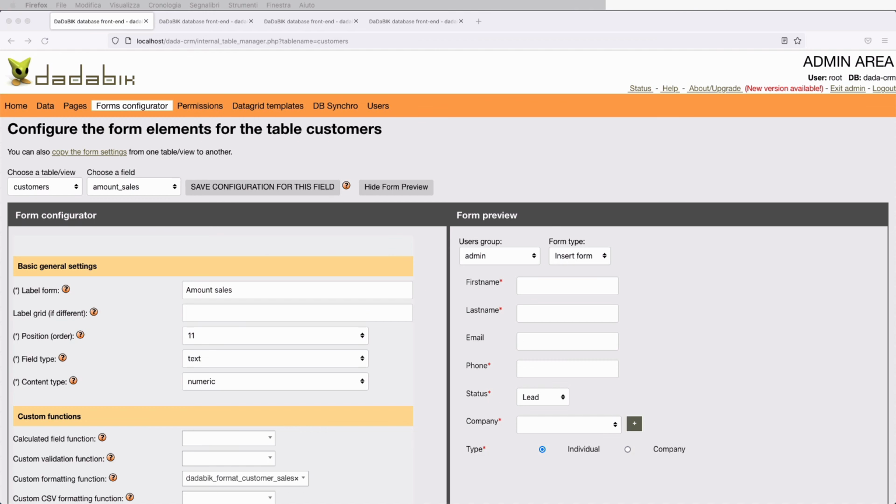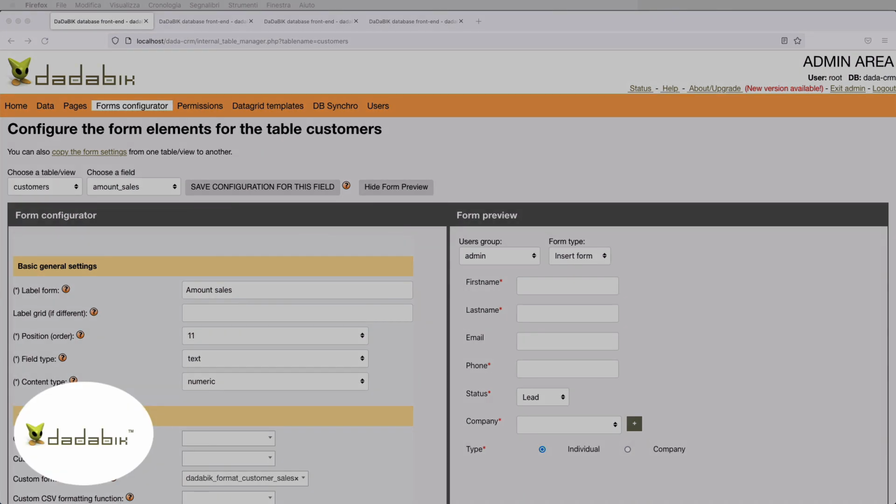And finally, we will also talk about custom PHP pages. So in a Databeak application, if all we have available is not enough, we can still create a completely custom PHP page, adding our own code. And we will use this feature to add a funnel page to our CRM application.